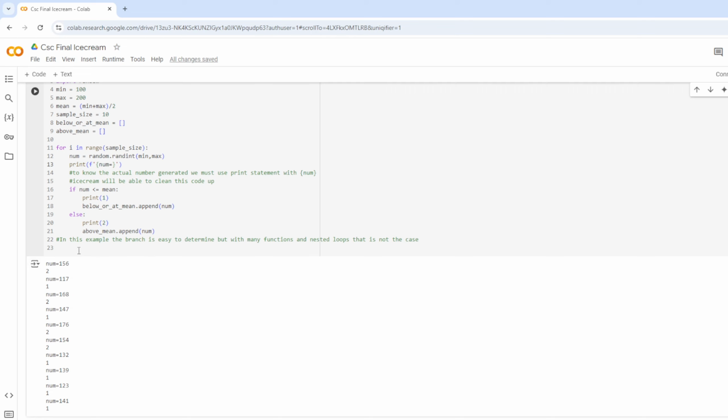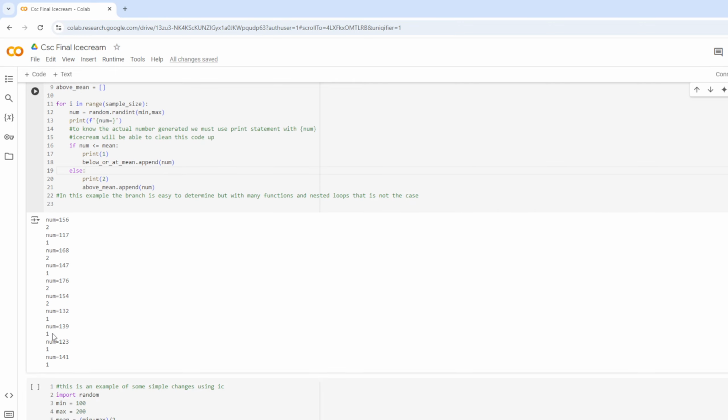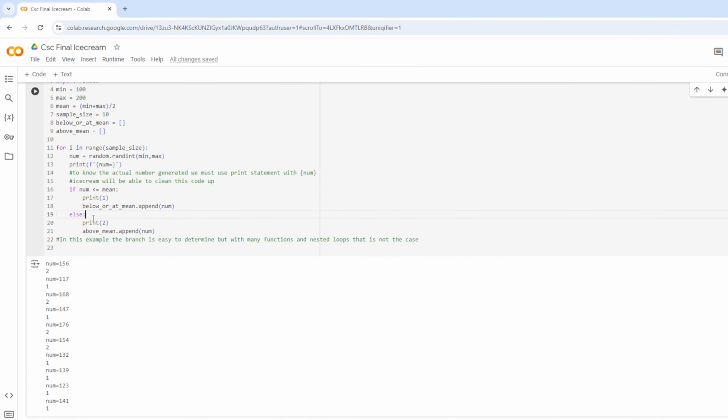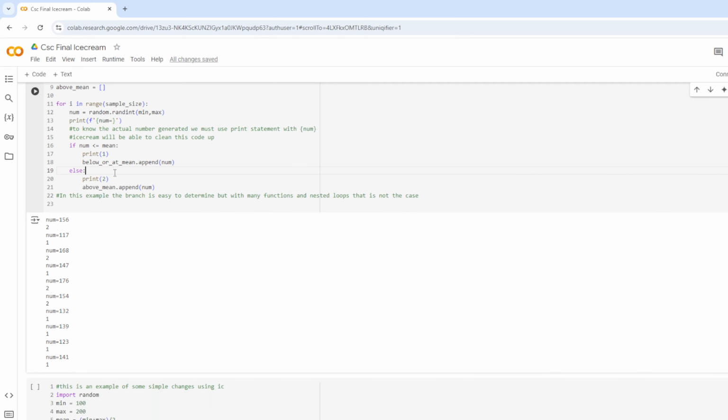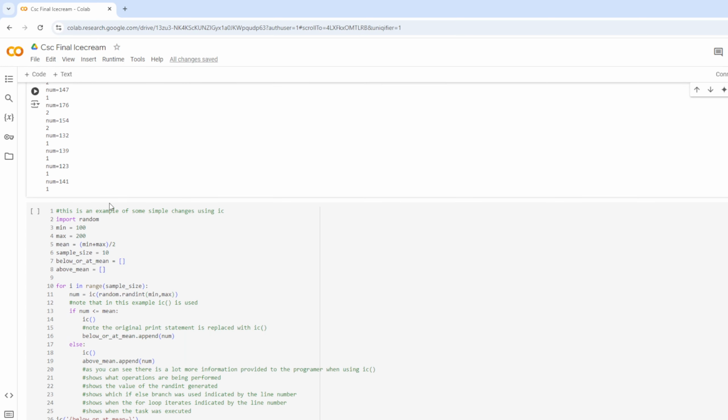Typically there might be a situation where you wouldn't want this print command and this print command and this print command in your code because it clutters things up. It makes this kind of cluttered. So you might want to just double check that what you expect to be happening in your if and else statements is actually happening. In order to do that, we can use this exact same example, but we're going